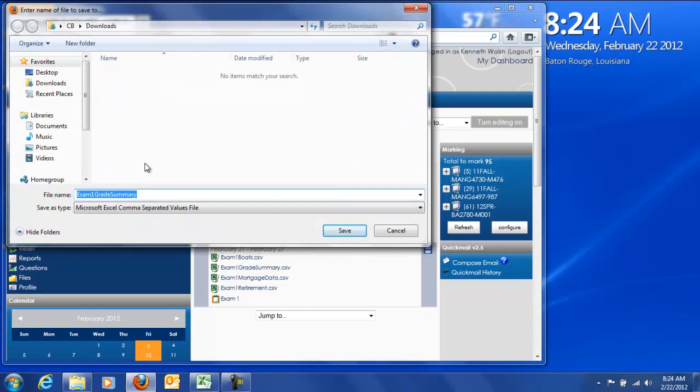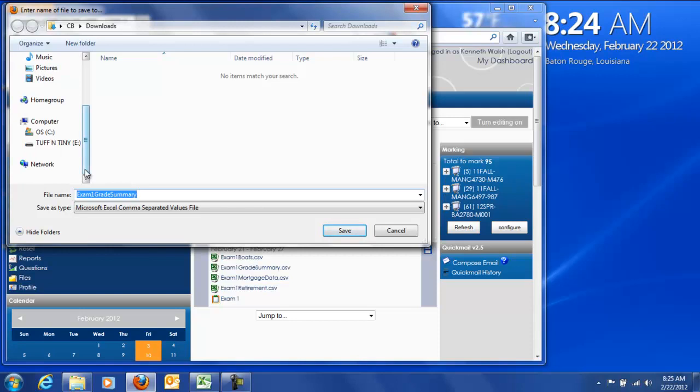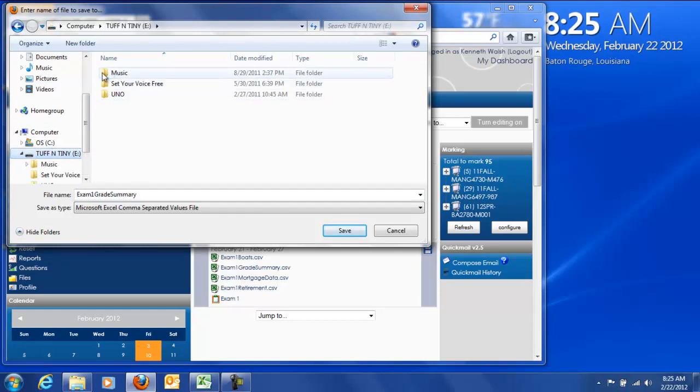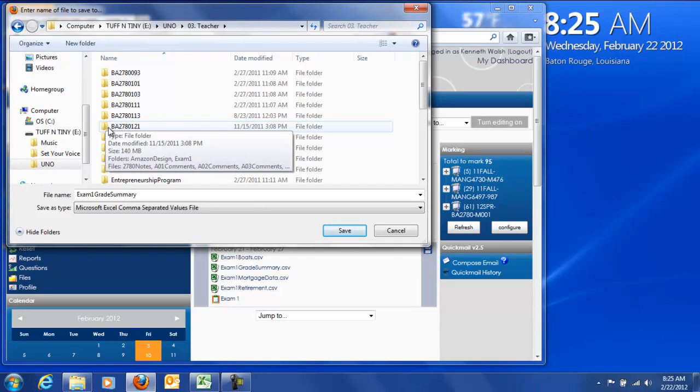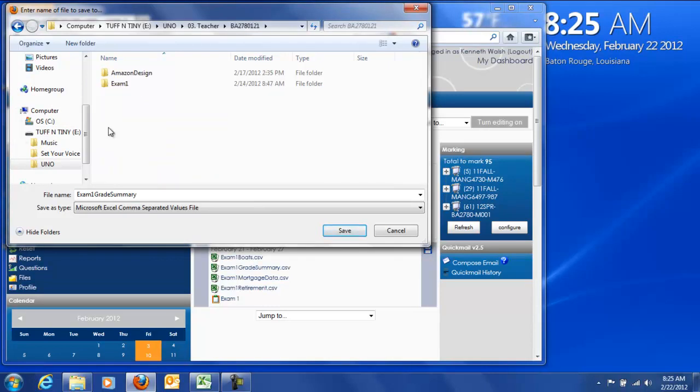I want to put it on my USB drive in a place where I know where to find it. So what I'll do is I'll click under the computer. Here is listed my USB drive. I'll click on that. I have a bunch of file folders, so I'll go to UNO, teacher, and look for this section of this class, and maybe even create a new folder here so I know where it is. I'll call it download practice. Hit enter